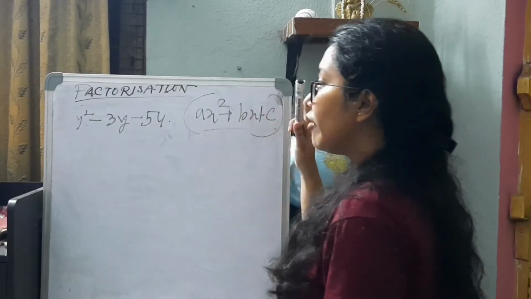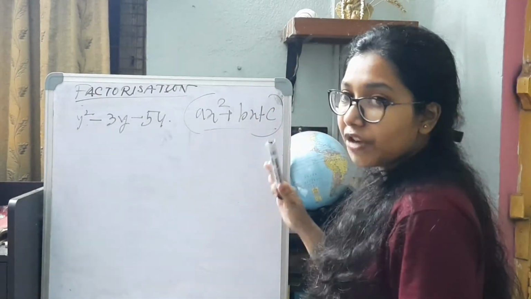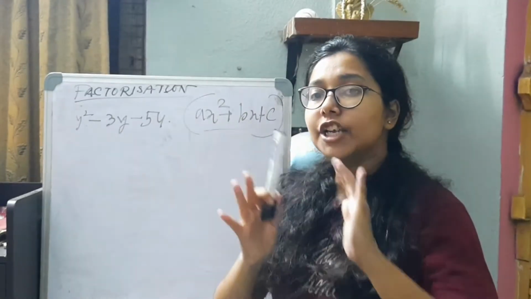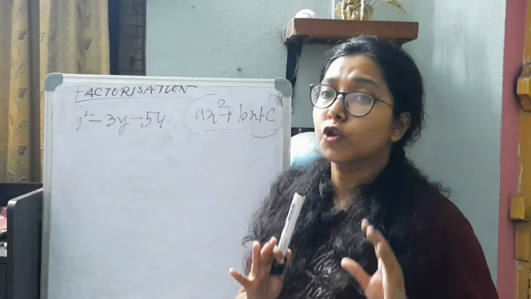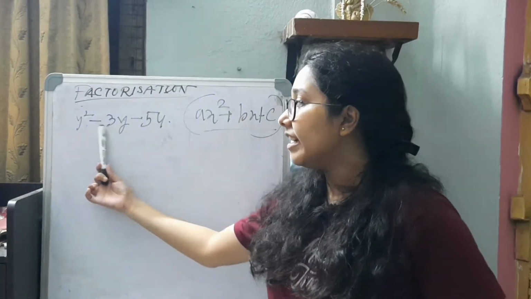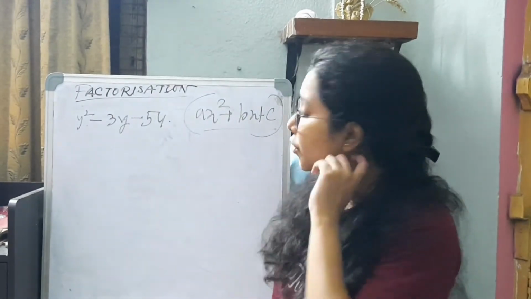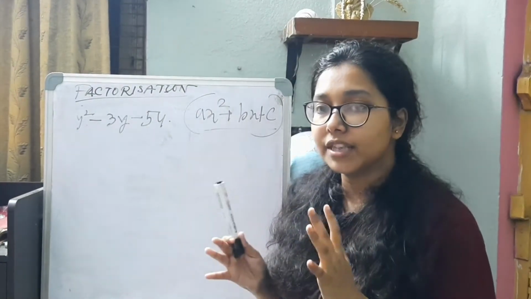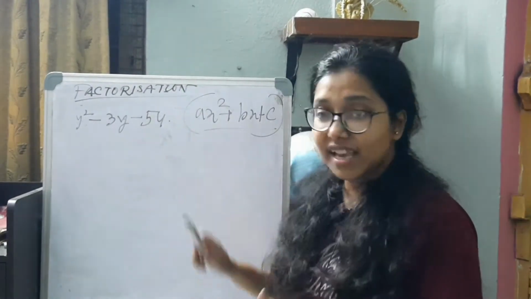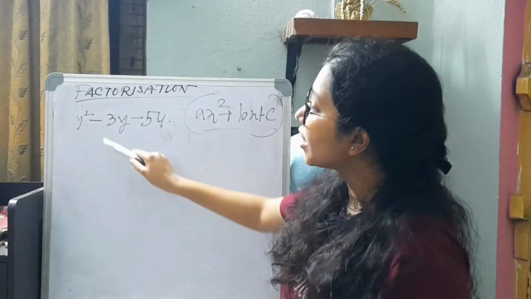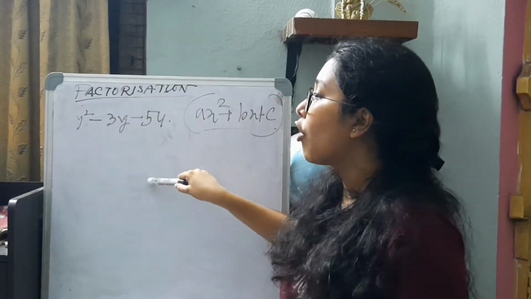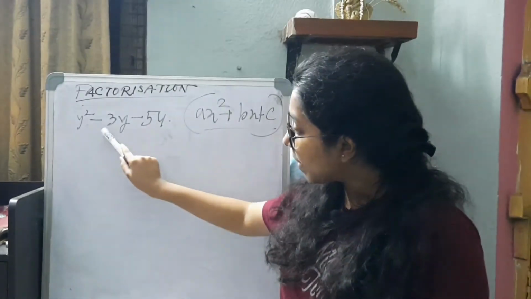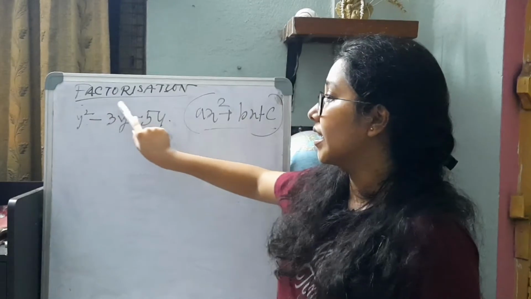So first of all, we have to go for the factors of the numerical part, which upon addition or subtraction of those factors will be yielding us with minus 3. Now if I go for the most common thing that comes to our mind, 54 is 9 into 6. So can we express minus 3 in the form of 9y and 6y, remembering that the sign has to be taken care of?